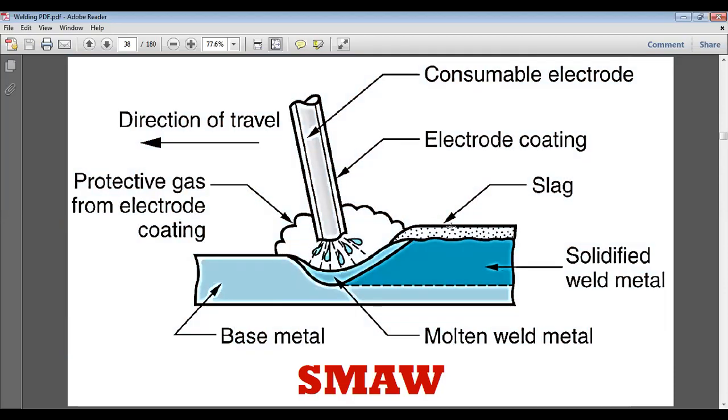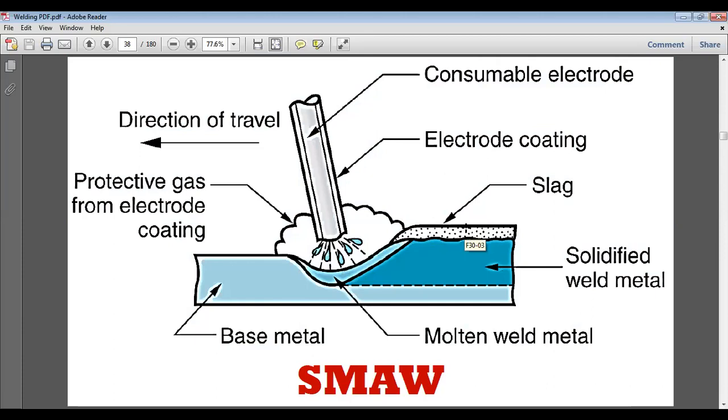We can see here this slag. Slag is the top layer of the impurities that float upon the molten weld pool. So this is the slag, also called bead. These are the slight impurities, carbon etc., that float on the weld pool and solidify, and so these are visible from the top of the welding joint. So this is the slag.